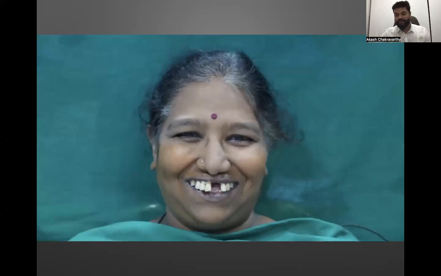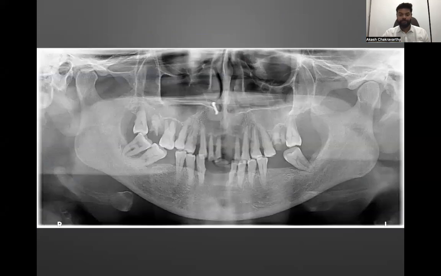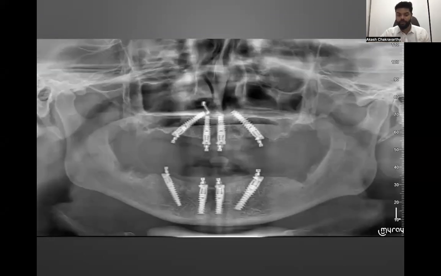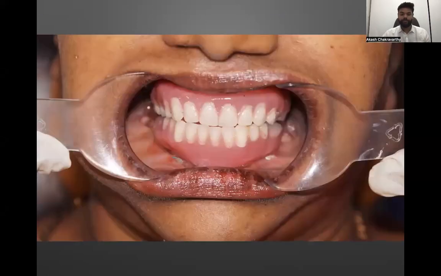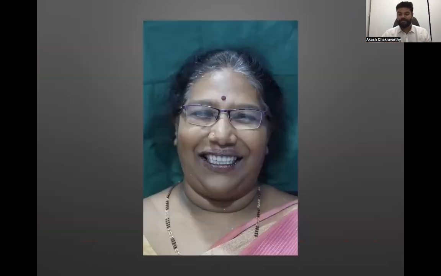Okay, so now we go into examples of previous cases. So there's one example of this case who walked in like this, all the teeth were mobile. So this is a situation. It's a terminal case of extreme periodontitis, and all the teeth were in grade 2, grade 3 mobility. So we removed all the teeth. We placed all-on-4 implants in this way. And these are immediately converted dentures on the same day. And this is how the patient has walked back home looking like this.